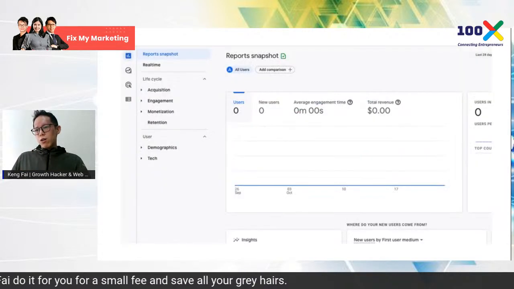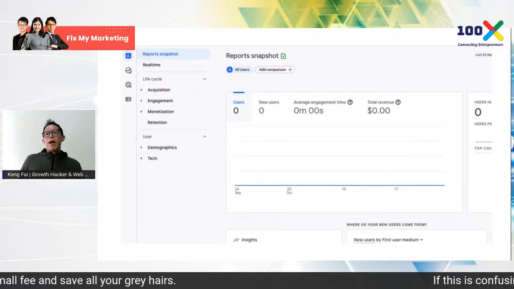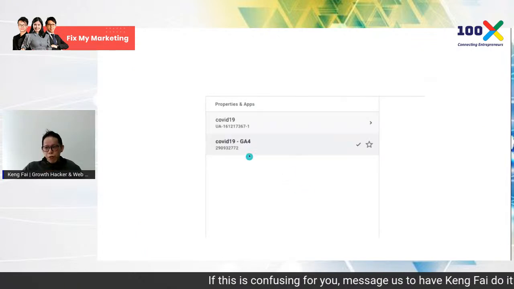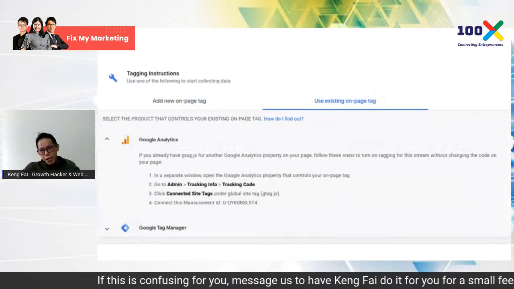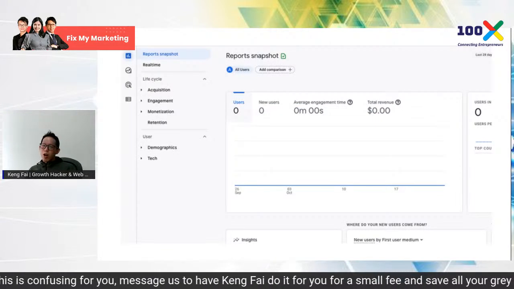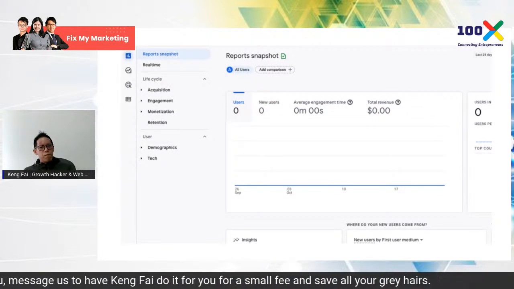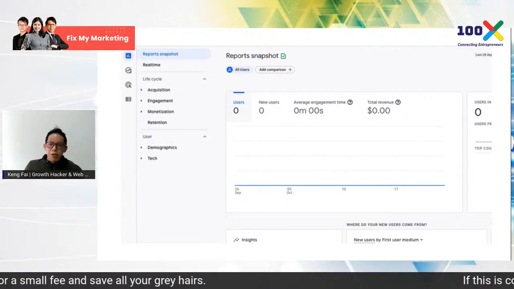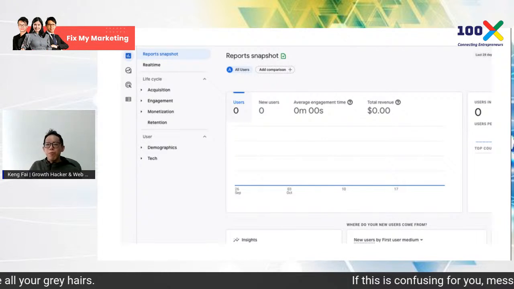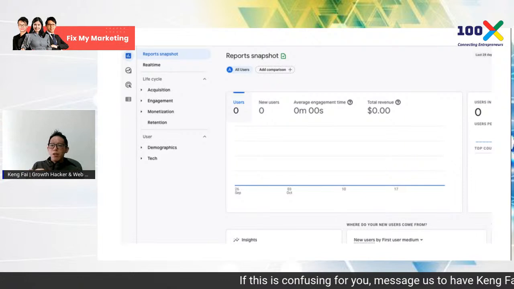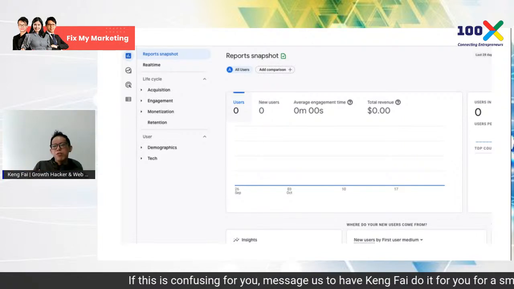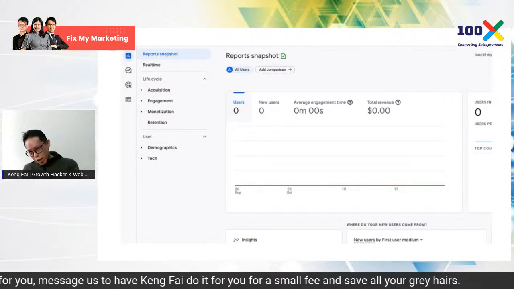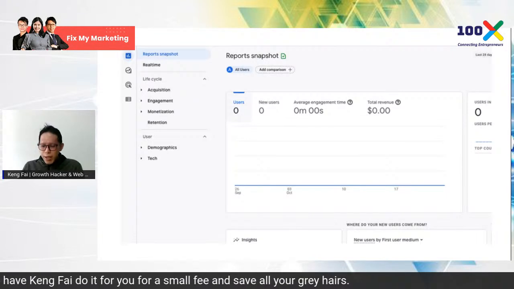And once we come to the installation, when you go through this GA4, you will see the entire interface has changed for Google Analytics. If anyone wants to know more about the new interface, maybe I will cover this in the next few sessions, about how to read this report and how it compares to the old one. Then you will know how to find your acquisitions, engagement, monetization, retention, and all these things based on the new interface. So that is how you do it.